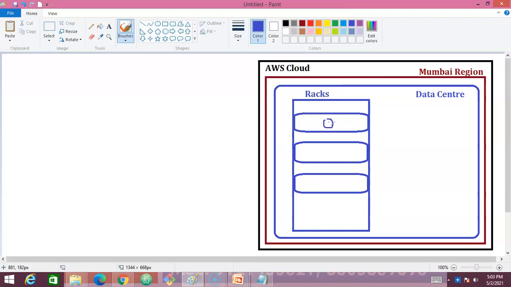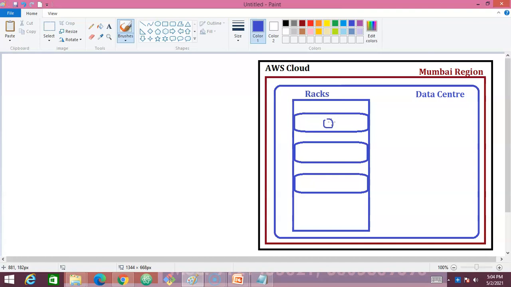Instead of that, AWS provides us something called a key pair. With the help of key pairs, we will be able to keep our server highly secured. In your organization, you'll be logging into your servers with a username and password. But AWS does not use usernames and passwords as a mechanism to log into servers. Why? Because passwords can be easily stolen.